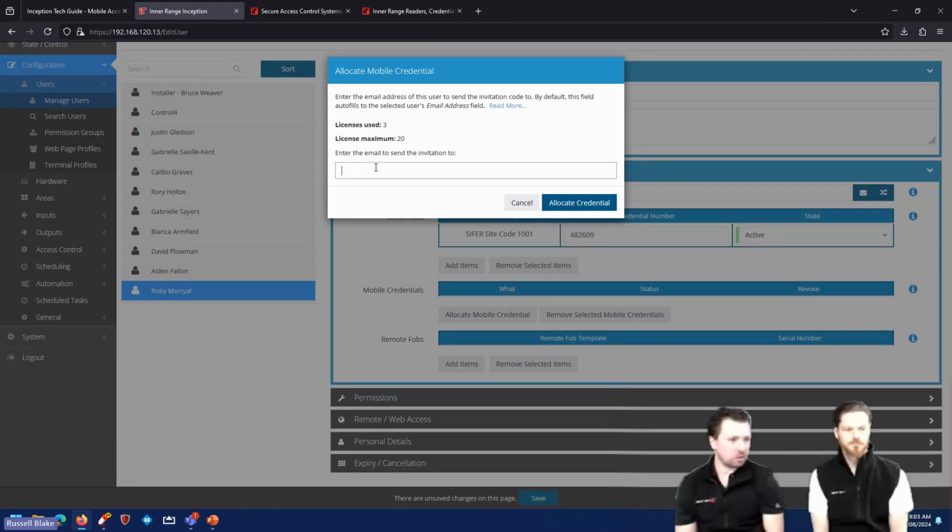I won't bother typing it in, but it's the same experience that if you type in a user's email account, I can type in Russell.Blake. I see we'll just have a few emails waiting for him. What an honour. We allocate a credential,